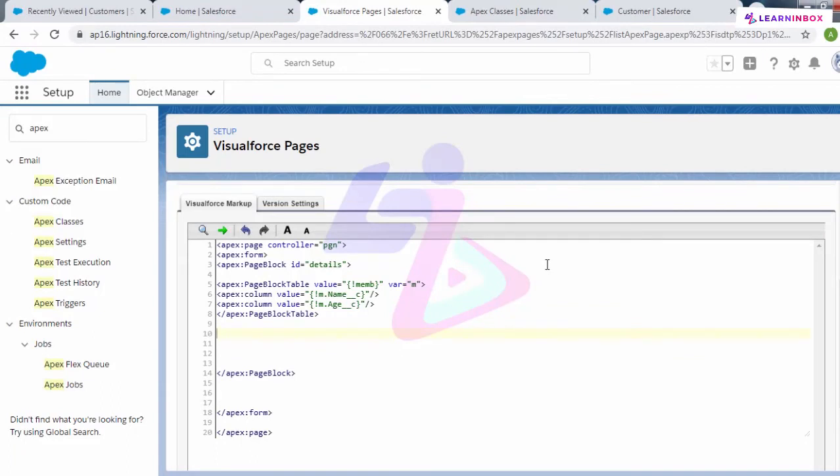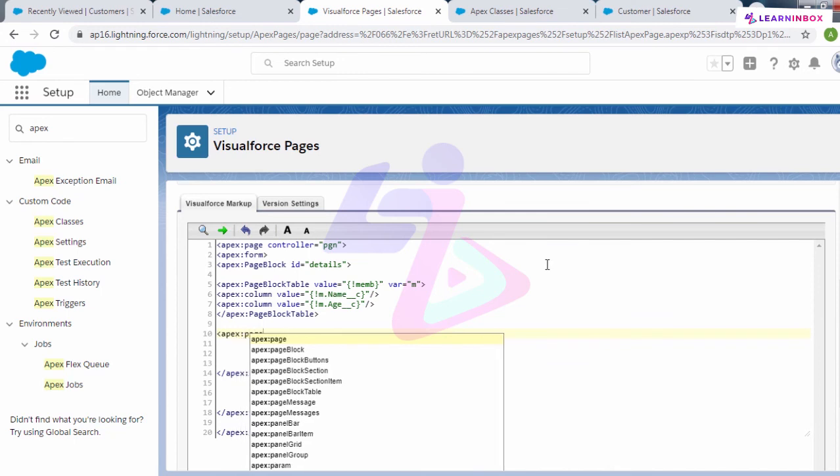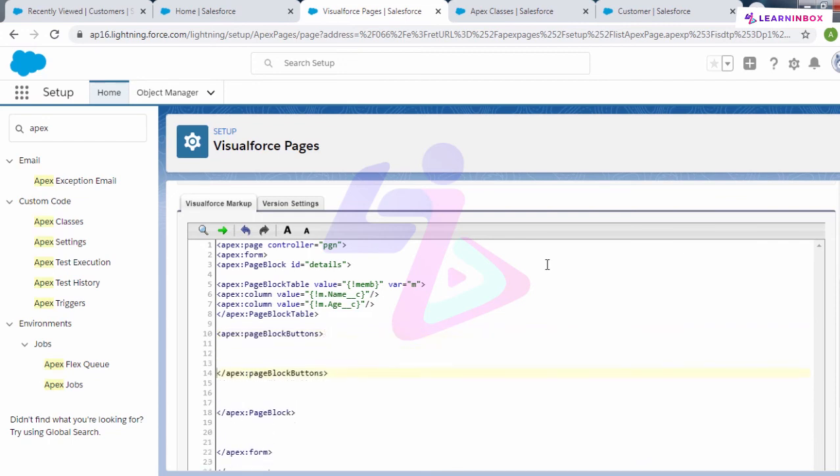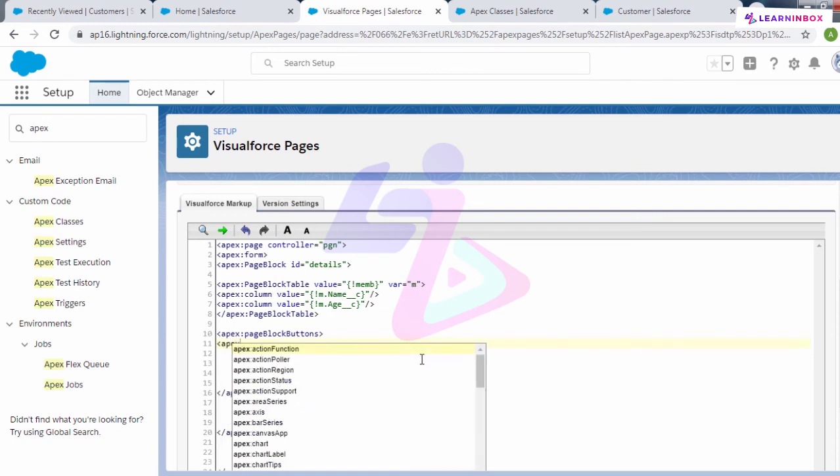So I'll write apex:pageBlockButtons, and I'll write my code inside them. So inside my page block buttons, I'll write apex:commandButton.